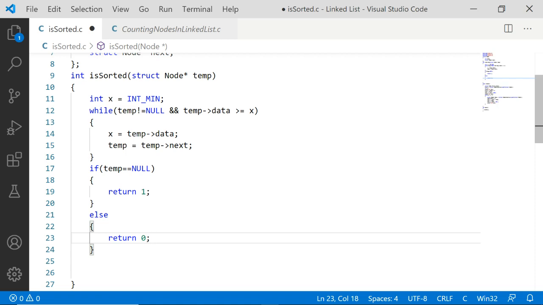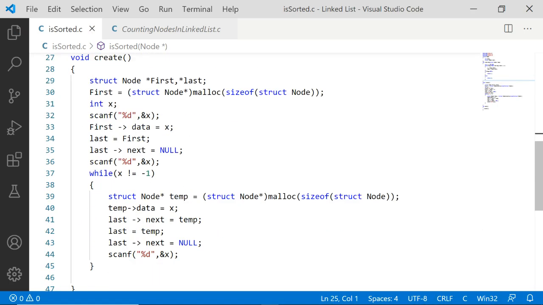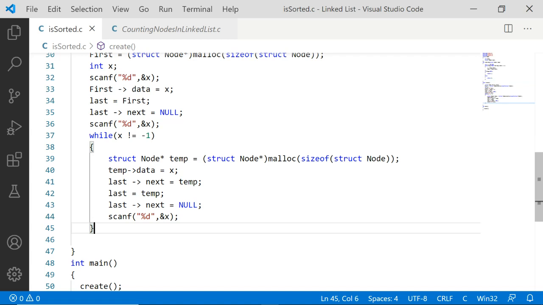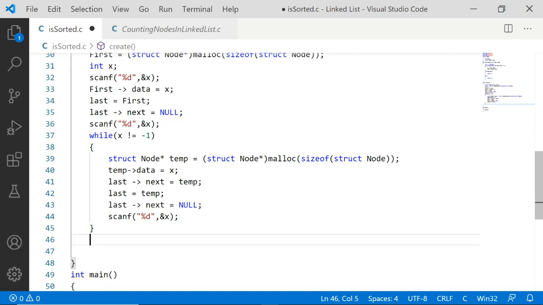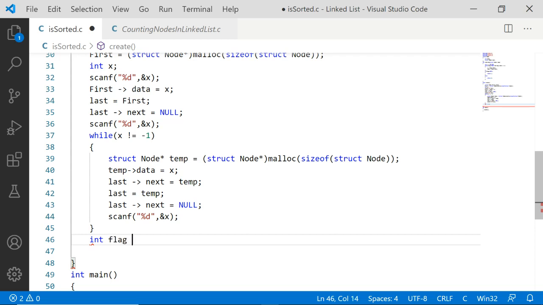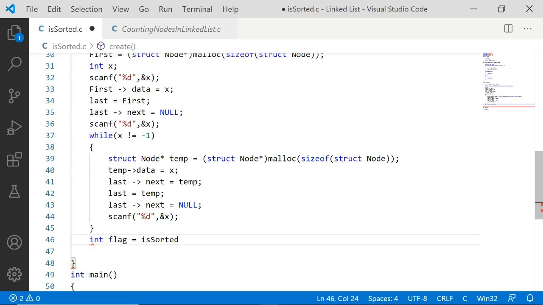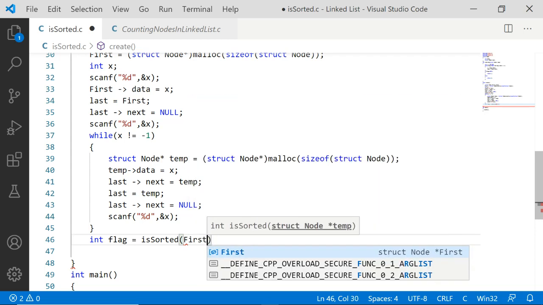Okay, so fine. So now what we will do is, we will just check after creating the function. First of all, we will take an integer variable called flag, equal to, we will call the function isSorted, and for the argument, we will pass the address of the first node.